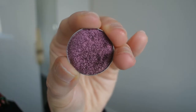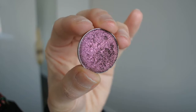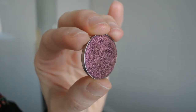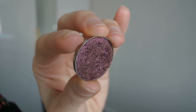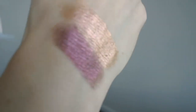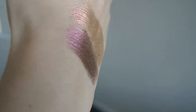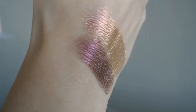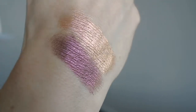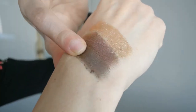The next eyeshadow I picked up from Looxi Beauty is called Very Sexy. And Very Sexy, also used in a tutorial that you're going to see very soon, is like this goldish and thick gold green shade that shifts into a very intense, like, metallic red berry shade. It is beautiful. This shade, however, is very similar to Juice, which I showed in my first video,